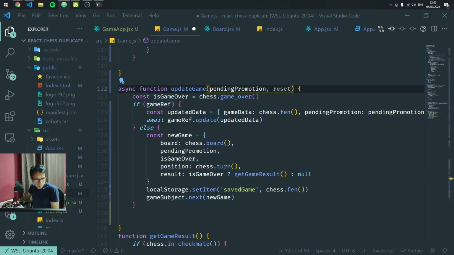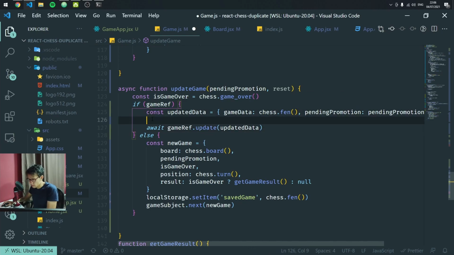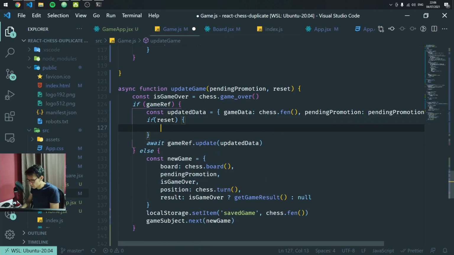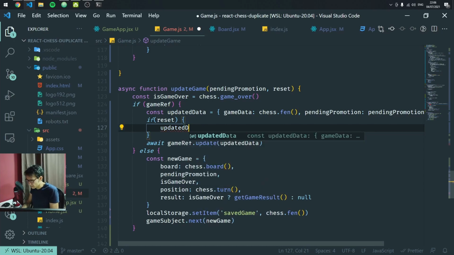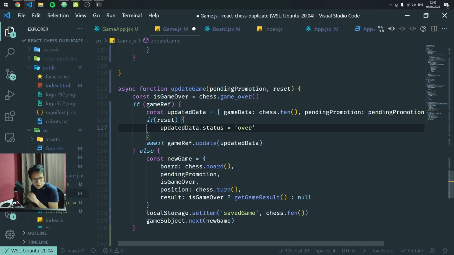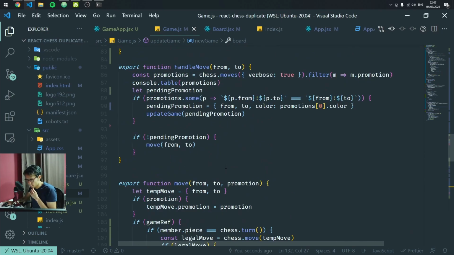And what we are now going to do with that information is that if we have the reset parameter as true, we are going to change the updated data, that status, to over. So we're going to have another property, change the status to over, so we know also in the database that the game is over. So we have now that,